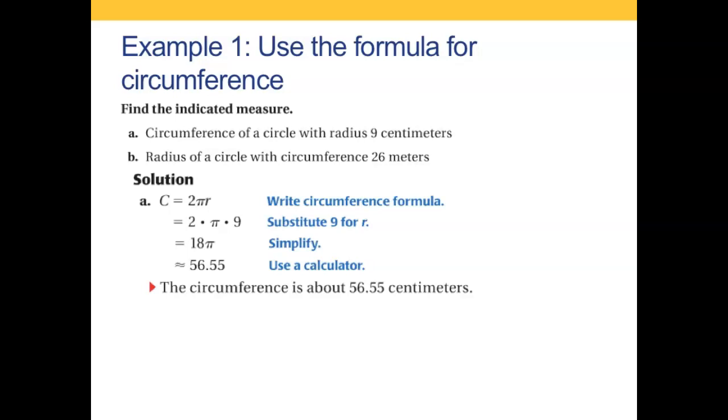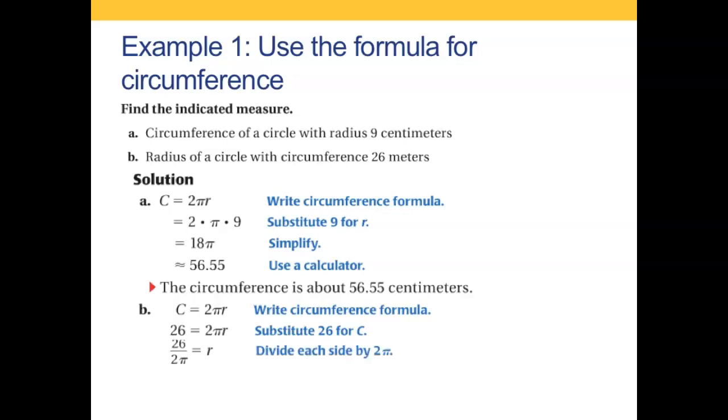Part B. Find the radius of a circle with a circumference of 26 meters. Now this time you're given the circumference and you want to find out what the radius of that circle is. So we'll still use the same formula, but this time instead of plugging in for the radius, we want to plug in for the circumference so that we can solve for the radius. So this would be 26 equals 2 pi r, and dividing both sides by 2 pi, we have 26 over